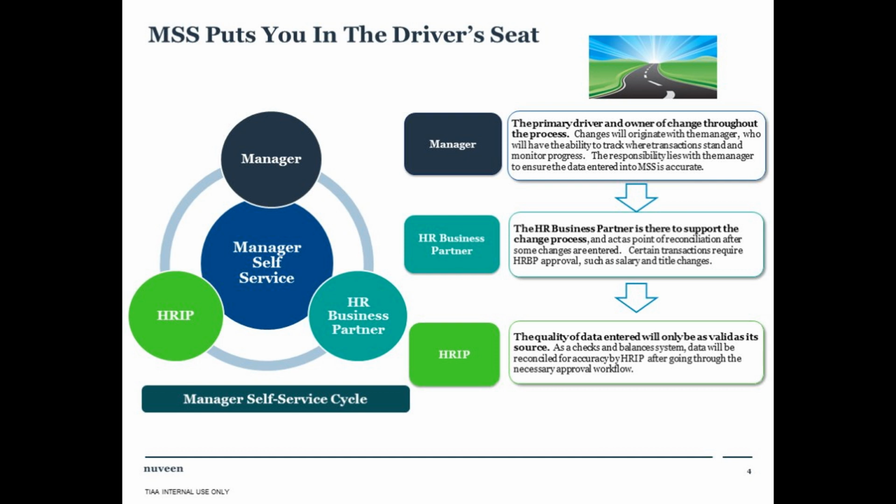So as a manager, you're going to own the transactions for your team. And what we show here on the slide really is how that works. You'll see on the left-hand side as a manager, you'll enter information. HR business partners will often play a role in that step, either by making sure you have the right job code information to enter, and in some cases approving transactions, and we'll look at that on the right here in a moment. And then our teammates within HRIP or HRIS, depending on how you know them, will help enter and make sure those transactions are processed appropriately.